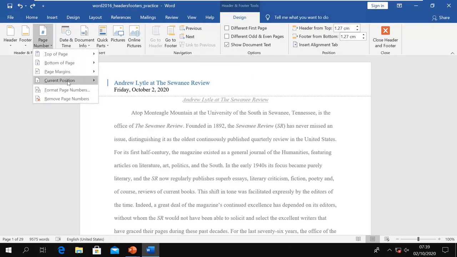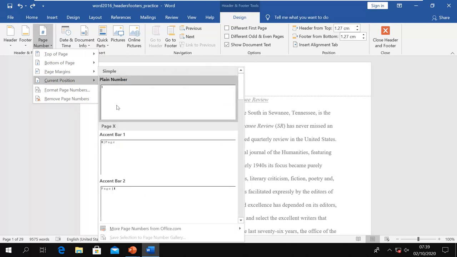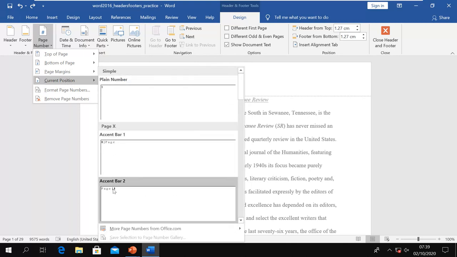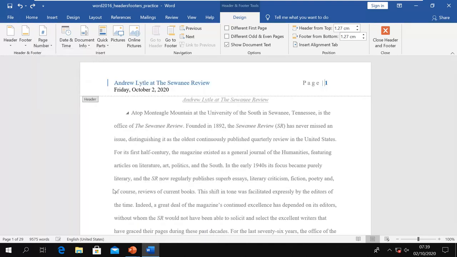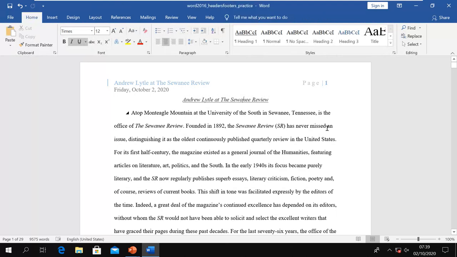You select what? Current Position, and from there you can choose. So I will choose this one, and you can see my page number has appeared. I already have my header and footer, and now I also have the page number. Then you can press Escape to get out of the header and footer.